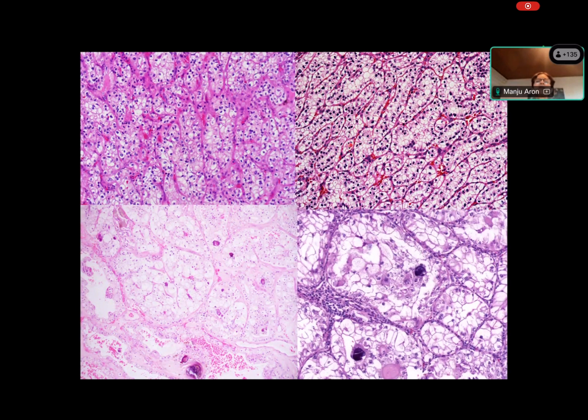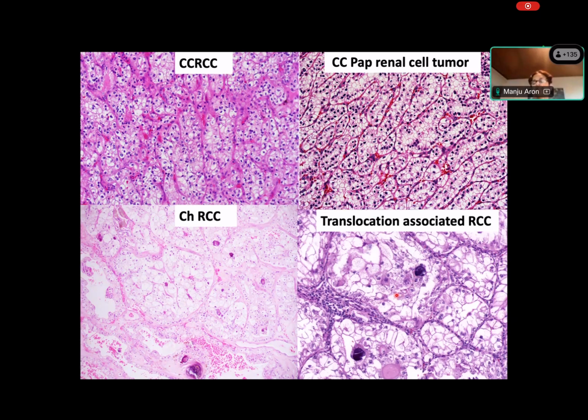Then you have here nests which have a more tubular kind of architecture with the nuclei more peripherally aligned. And again, here is an expanded nest with cells having a large amount of cytoplasm. So these are all examples of tumors with a nested pattern, and you can see there are multiple tumors that can have a nested kind of appearance.